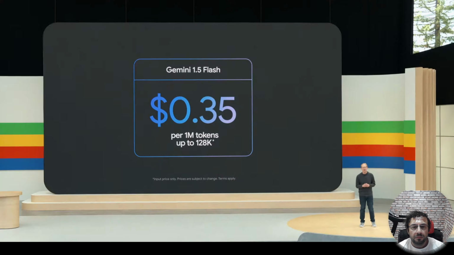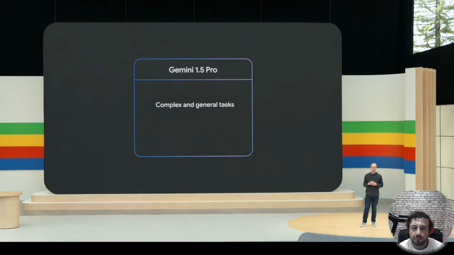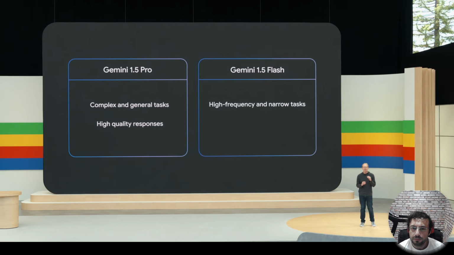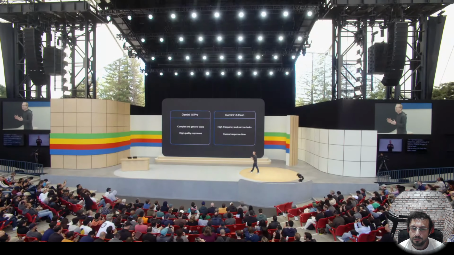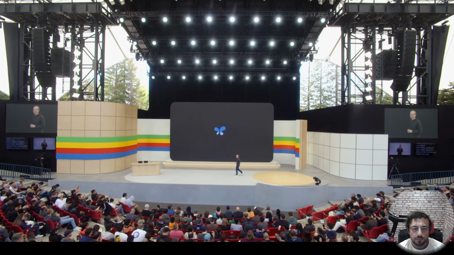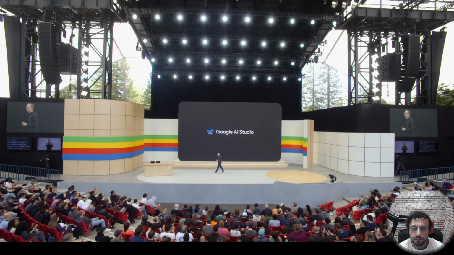Now, one thing you might be wondering is which model is best for your use case. Here's how we've been thinking about it on the team. We use 1.5 Pro for complex tasks where you really want the highest quality response, and it's okay if it takes a little bit longer to come back. We're using 1.5 Flash for quick tasks where the speed of the model is what matters the most. And as a developer, you can go try them both out today and see what works best for you.